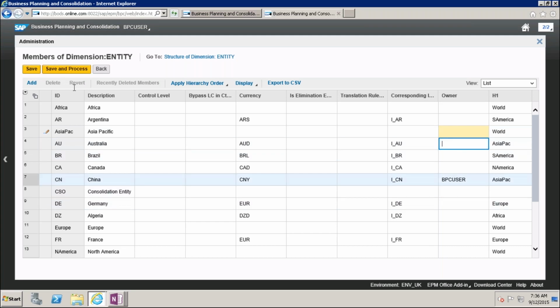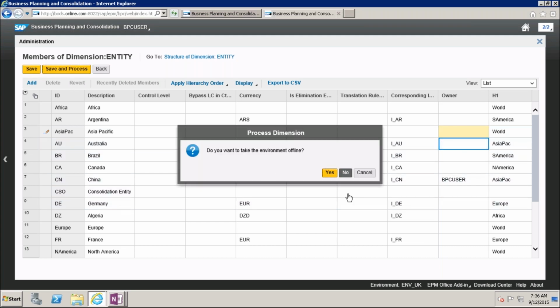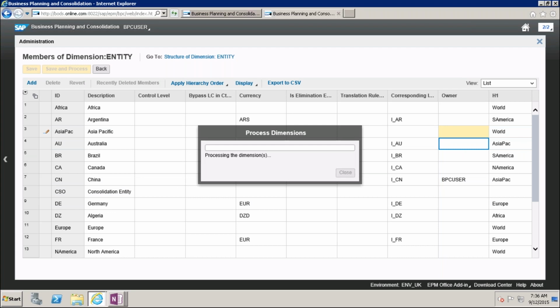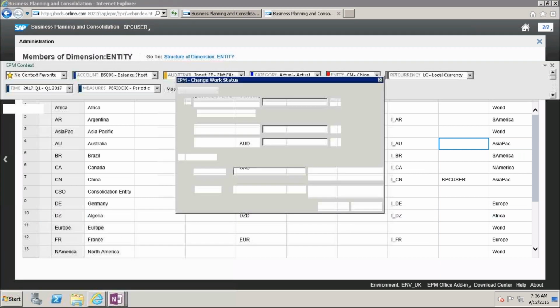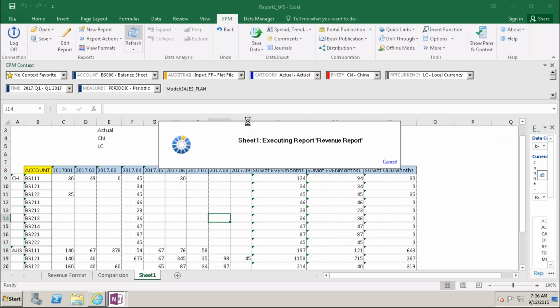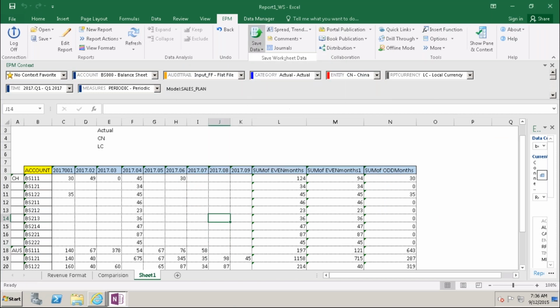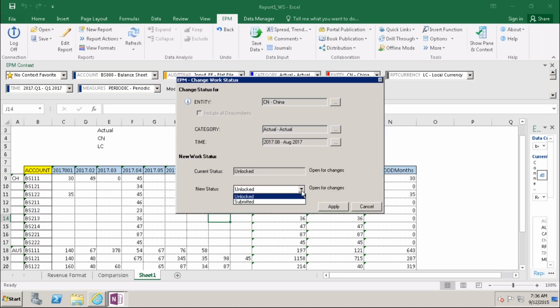I'll save and process. Yeah, unlocked and submitted. I saved my data and submitted. Apply.